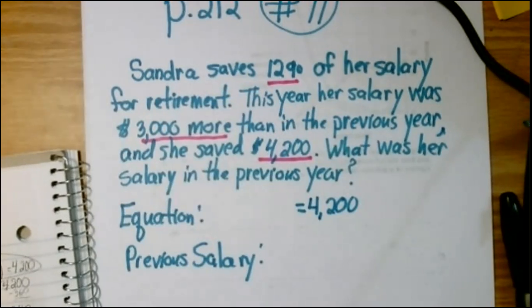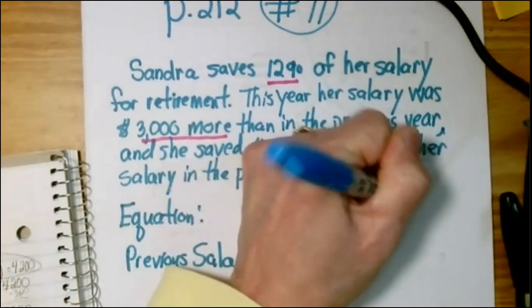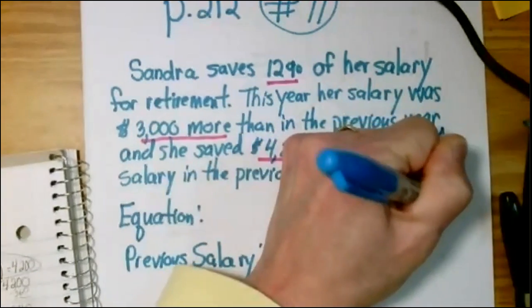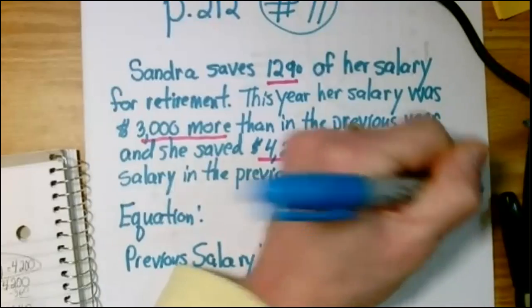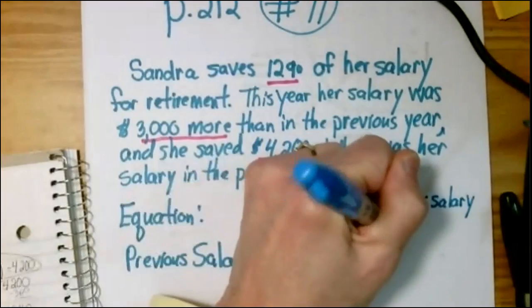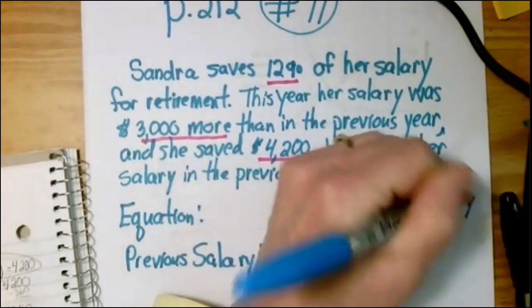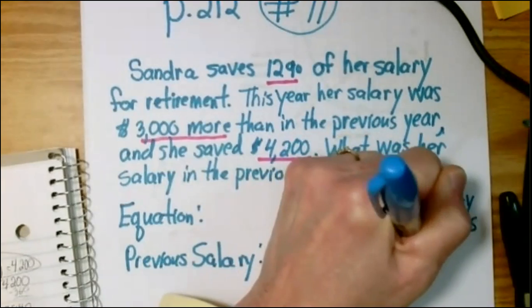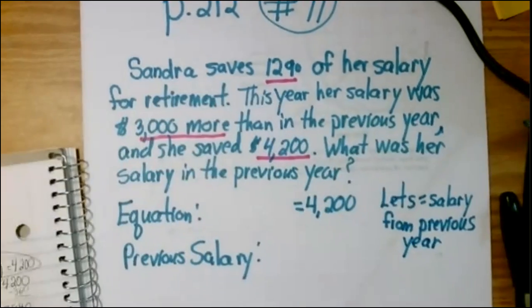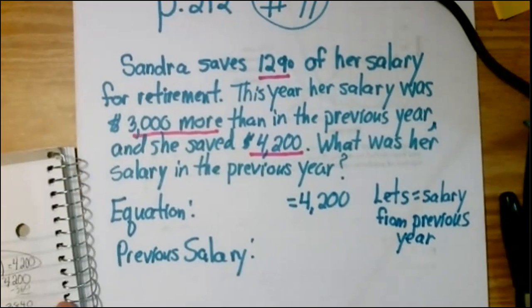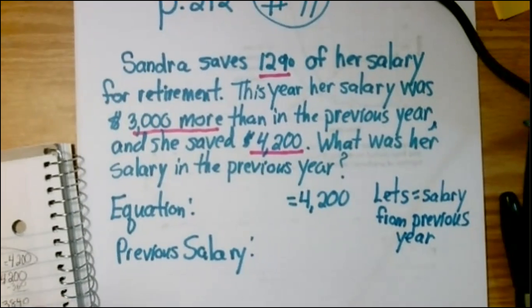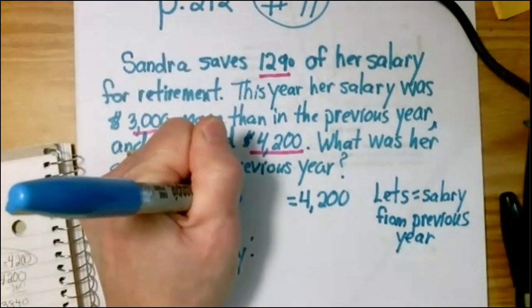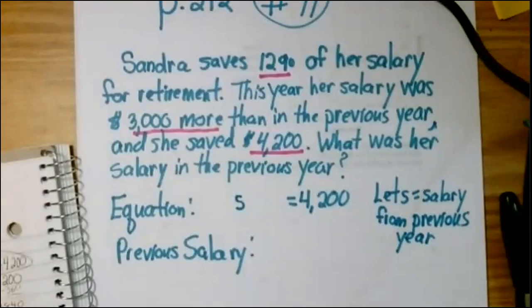Now, we're going to let S equal her salary from the previous year. Previous means the year before. So we'll let the S equal the salary from the previous year. So we know this year's salary is S